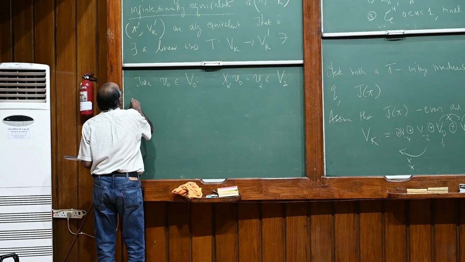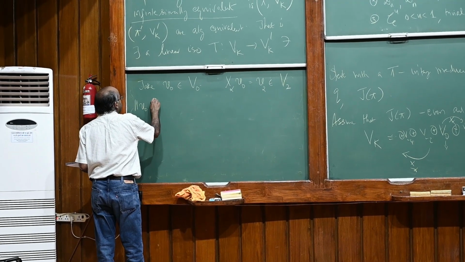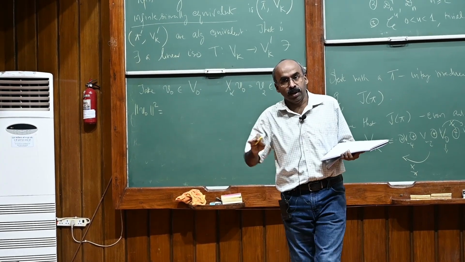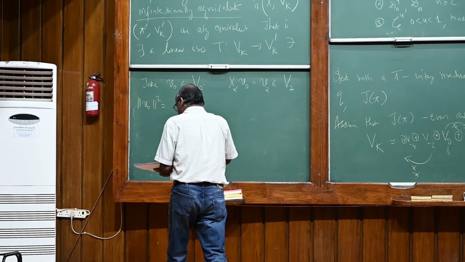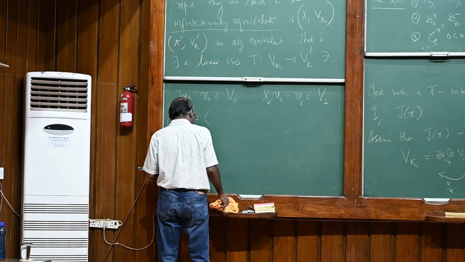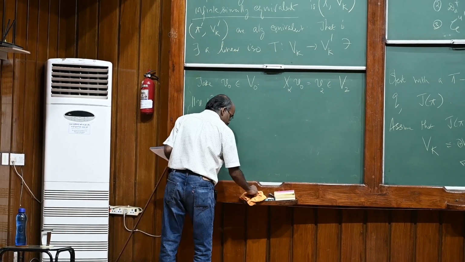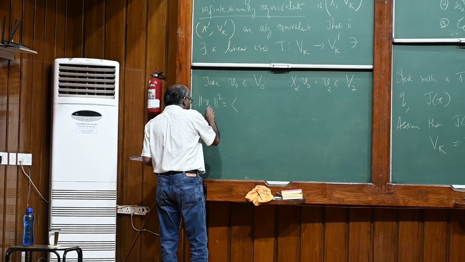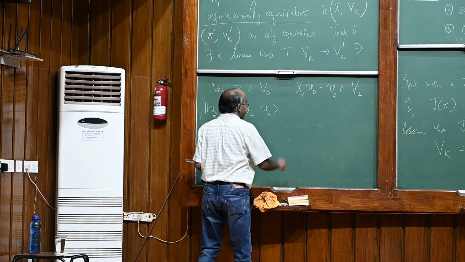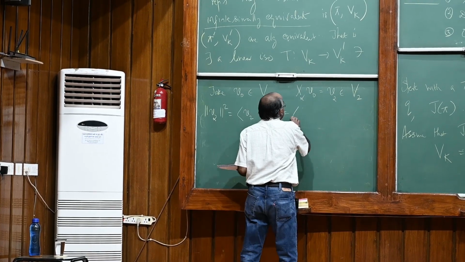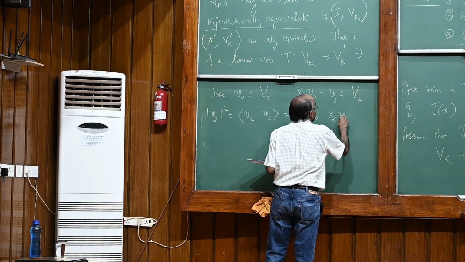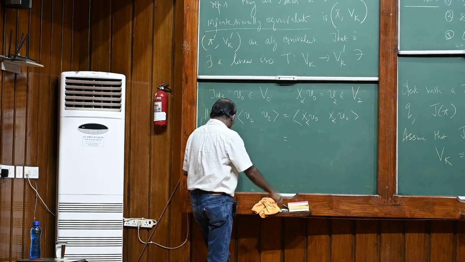So let's compute the norm of V0. So V0 square. Because I know that we are starting from a unitary reducible representation. Okay, so this is simply the inner product of, sorry, let's compute V2. Well, this will not be enough. Okay, that's why I'm computing this one. So I'll write down one more. So that is V2 inner product with V2. Okay. Which I will write as, so V2 is simply x alpha V0. So x alpha V0 inner product with x alpha V0. Okay. Which is equal to